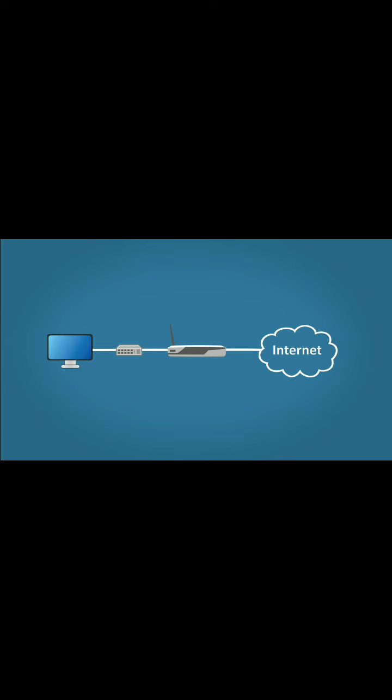Let's say you send an email or visit a website. Your computer will send data to the router using its IP address. The router will then forward the traffic out of your home network and into the wonderful world of the internet. When data comes back,